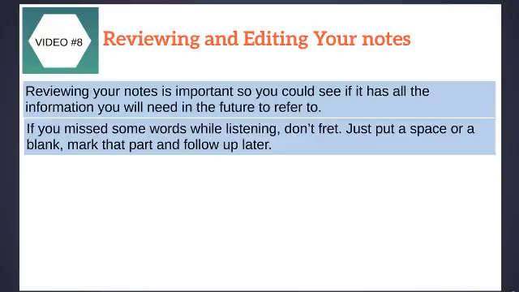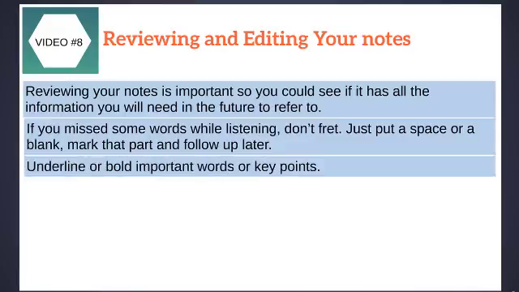you might want to leave a space so that if you do make a mistake, you can always go back later. Sometimes having notebook paper that has lines and leaving a space in between is actually quite helpful. Another thing you might want to do is underline or bold important words or key points. You can obviously underline it if you're writing on a piece of paper. Bolding the word is a little bit more difficult unless you have some sort of mobile device or online technology